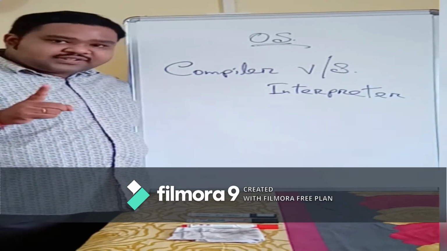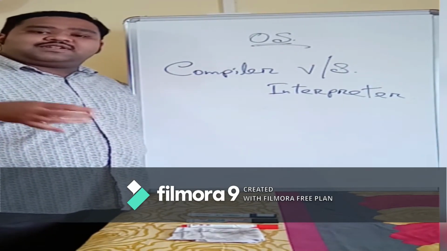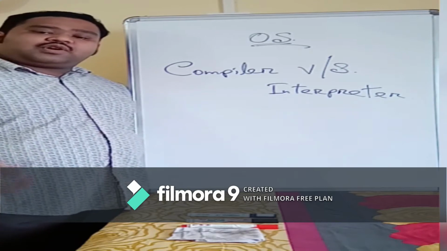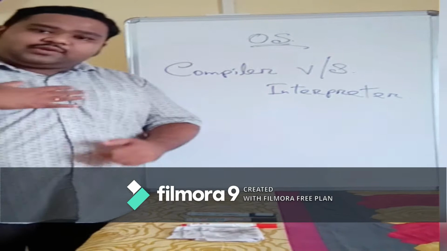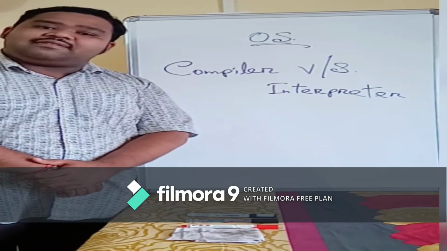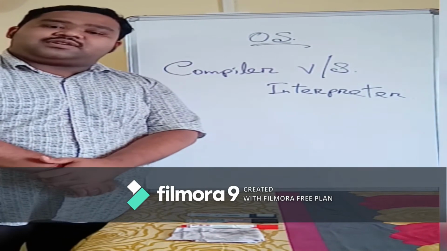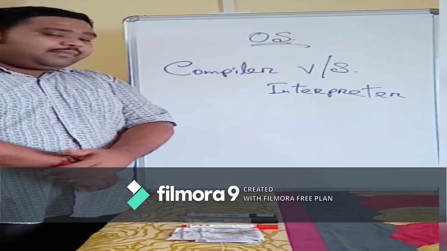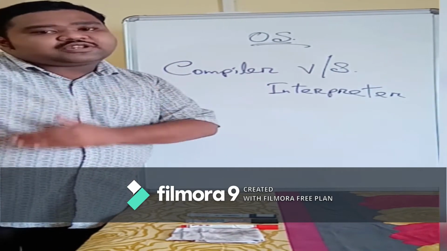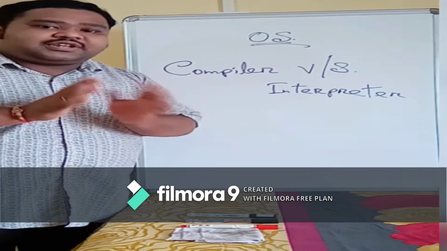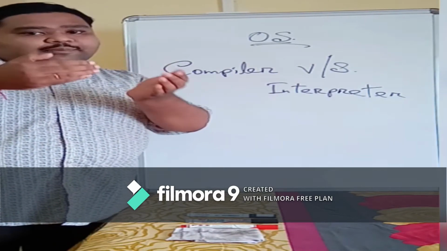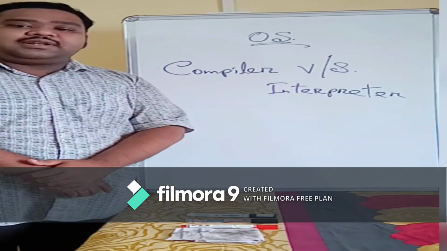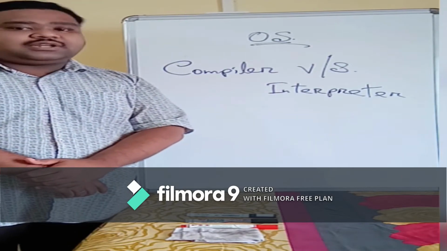So computer doesn't understand high level language. C, C++, Python, all these are high level languages. So we programmers, we users write the program in high level language, C++, Java, Python, all this. Then the computer converts this high level language into machine level language so that the computer understands this. So high level language, human readable language को computer convert करता है अपना understandable language में. That is called machine language.